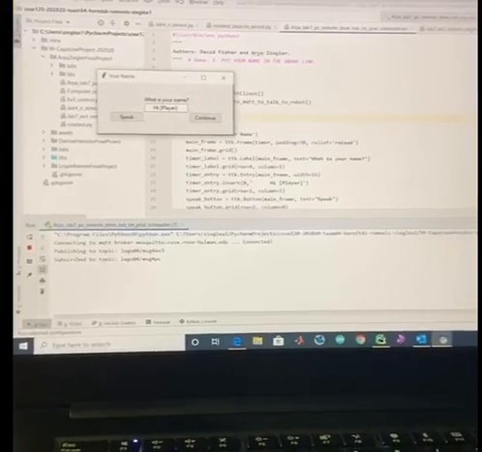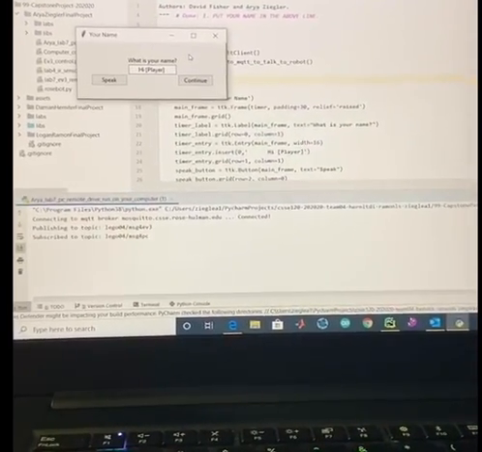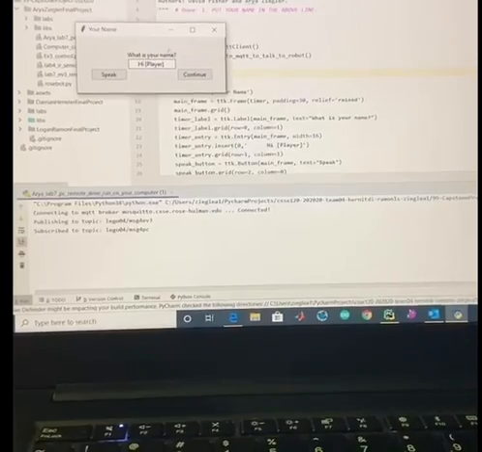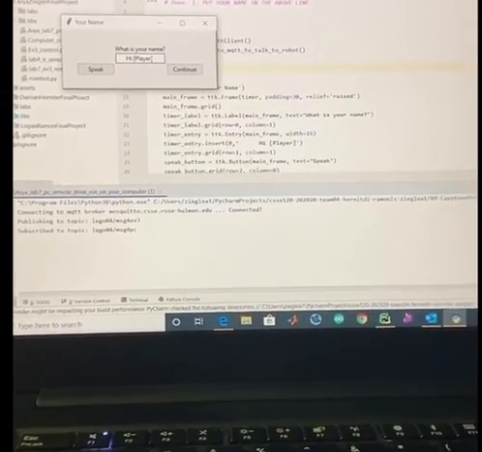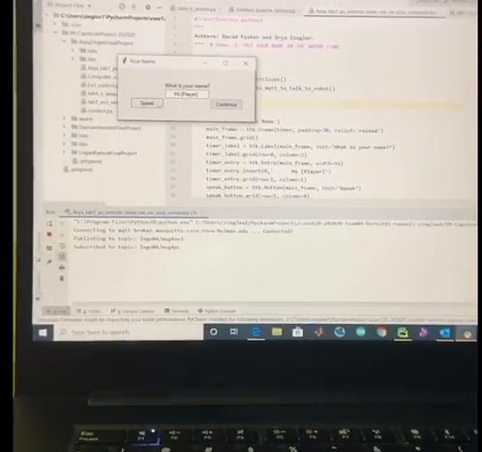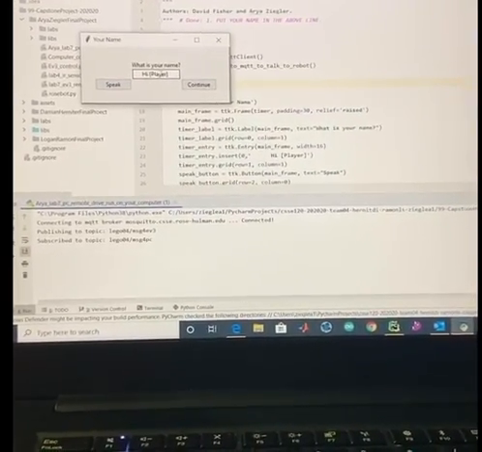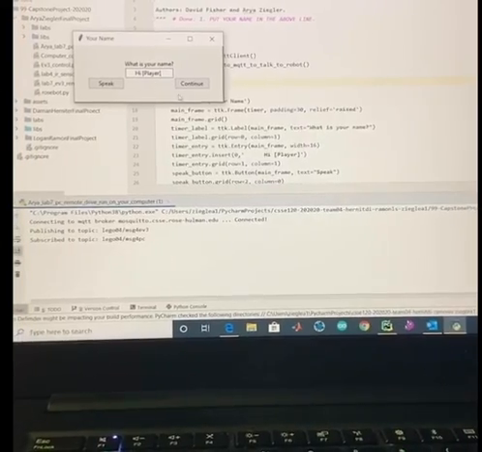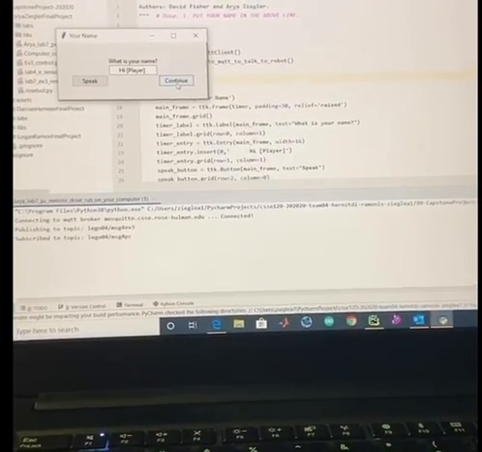So this is my first GUI. It uses a text box, a label, and 2 buttons, and you're able to edit the text box to have different names. And once you hit the speak button, it'll say whatever's in this, so you can put in your name. And then it'll tell you to hit the continue button to continue on with the game. Then once you hit the continue button,